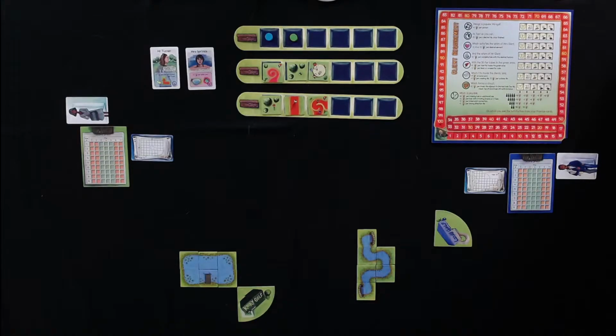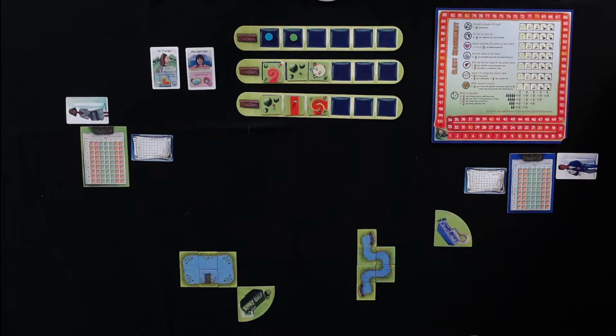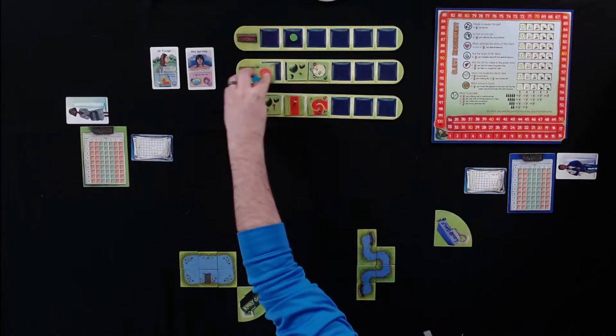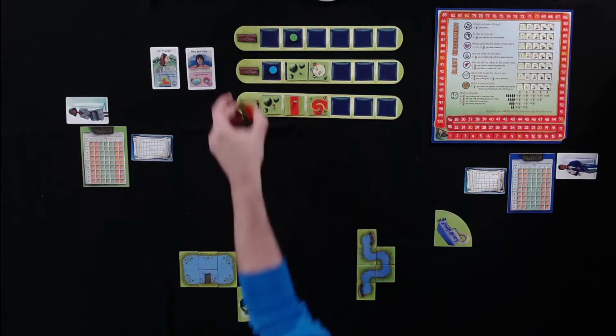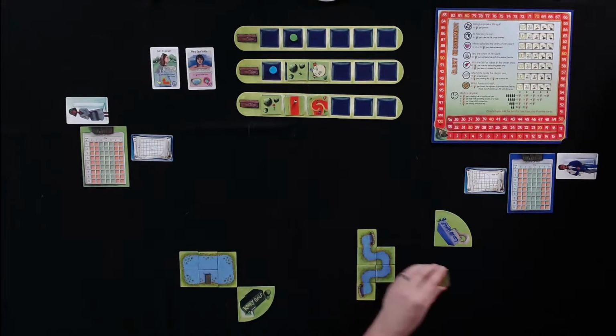And I think that is everything. We drew our players. I will go first, and let's get started. So, there's not really much out there. There's a hole and some other little features right there. I think I will actually go ahead and select that hole. And I'm going to put it